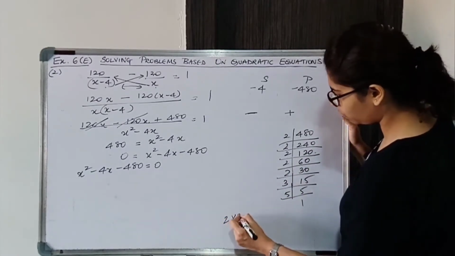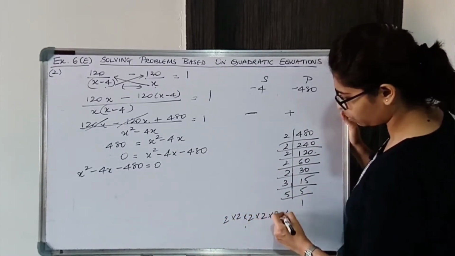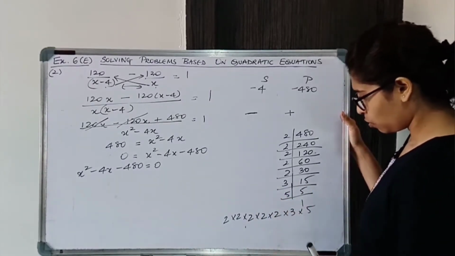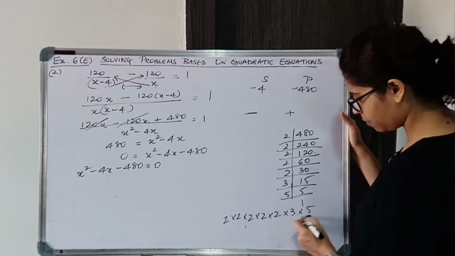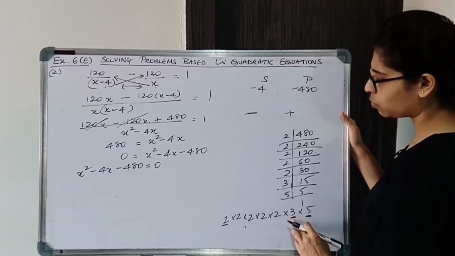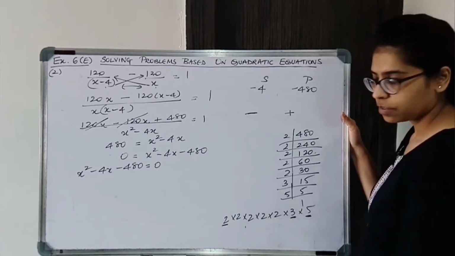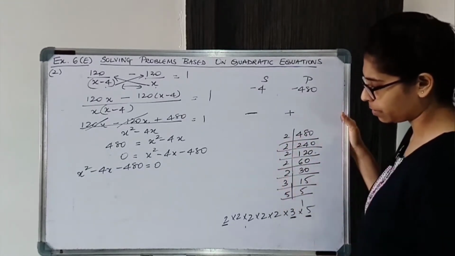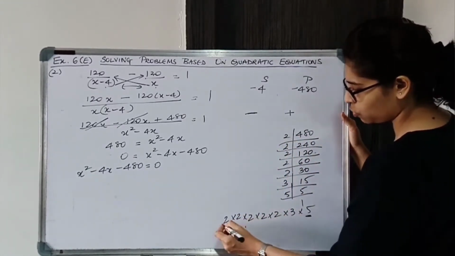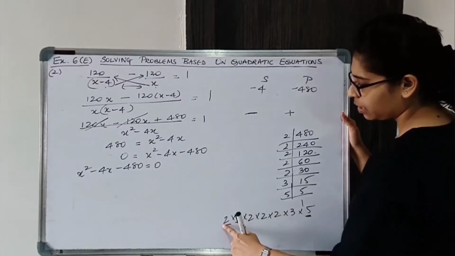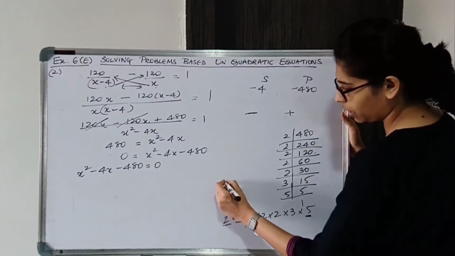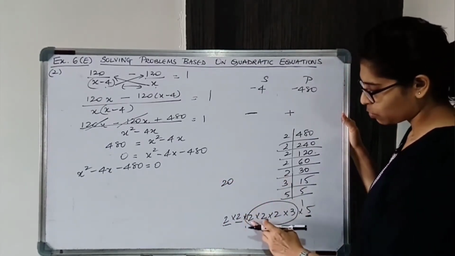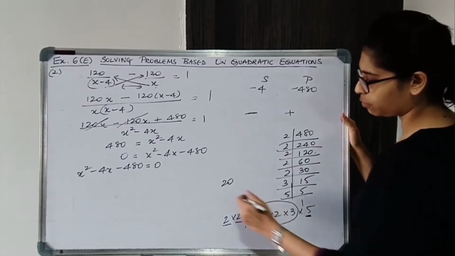We have 2 into 2 into 2 into 2 into 2 into 3 into 5. Now let's group. So let's consider 5 into 3 into 2. So 3 5s are 15, 15 into 2 will give 30. So 30, and this we had already considered over here. So let's change, let's take 5 into 4. So that will give 20 and the remaining factors as the other factor. So 2 2s are 4, 4 2s are 8, 8 3s are 24.